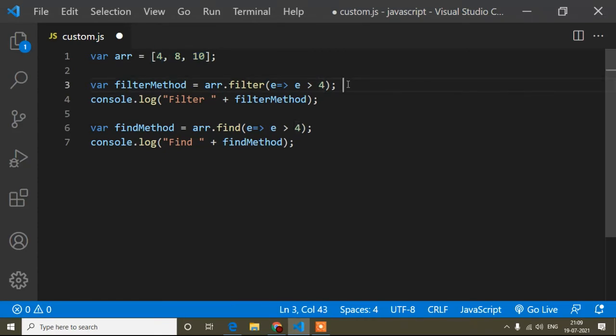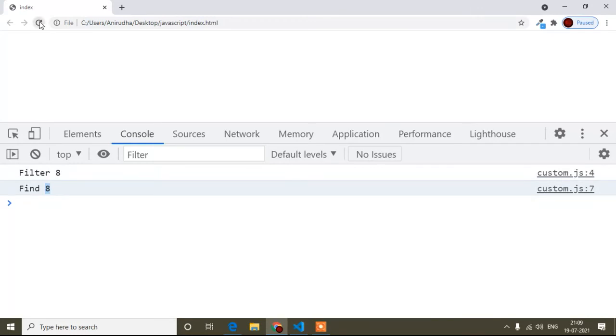So guys, here it should be written 8 and 10 in the array, and here in the find method it should be written 8 and 10 too, because when it's coming e, e is all the elements, so now e is greater than 4, that time 8 and 10 are greater than 4, so it should be written 8 and 10. But guys, here I will show you the output, and you can see the changes and the difference. Okay, so refresh, so you can see just the filter method returning 8 and 10,